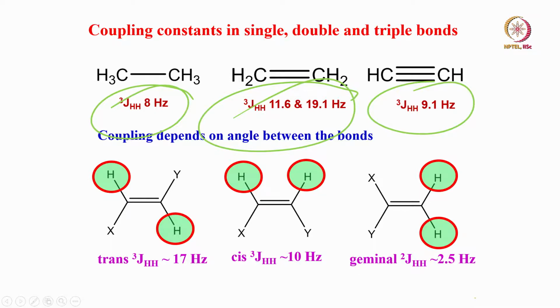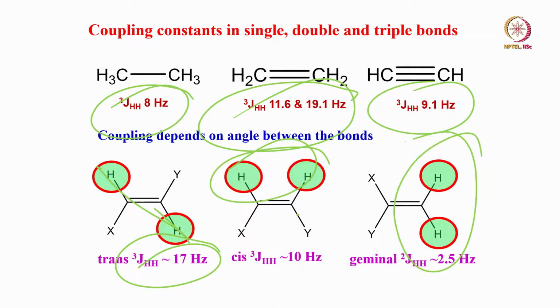So, especially in the ethylenic substituted molecules like this, for example, if the trans substitution is there, the trans coupling is very large compared to cis coupling, and this is quite large compared to geminal coupling. Please remember this point, trans coupling is larger than cis coupling, which is larger than geminal coupling. This pattern you should remember, because whenever you have to analyze the proton spectrum, invariably you will come across patterns where you have to use this knowledge to analyze the spectrum.